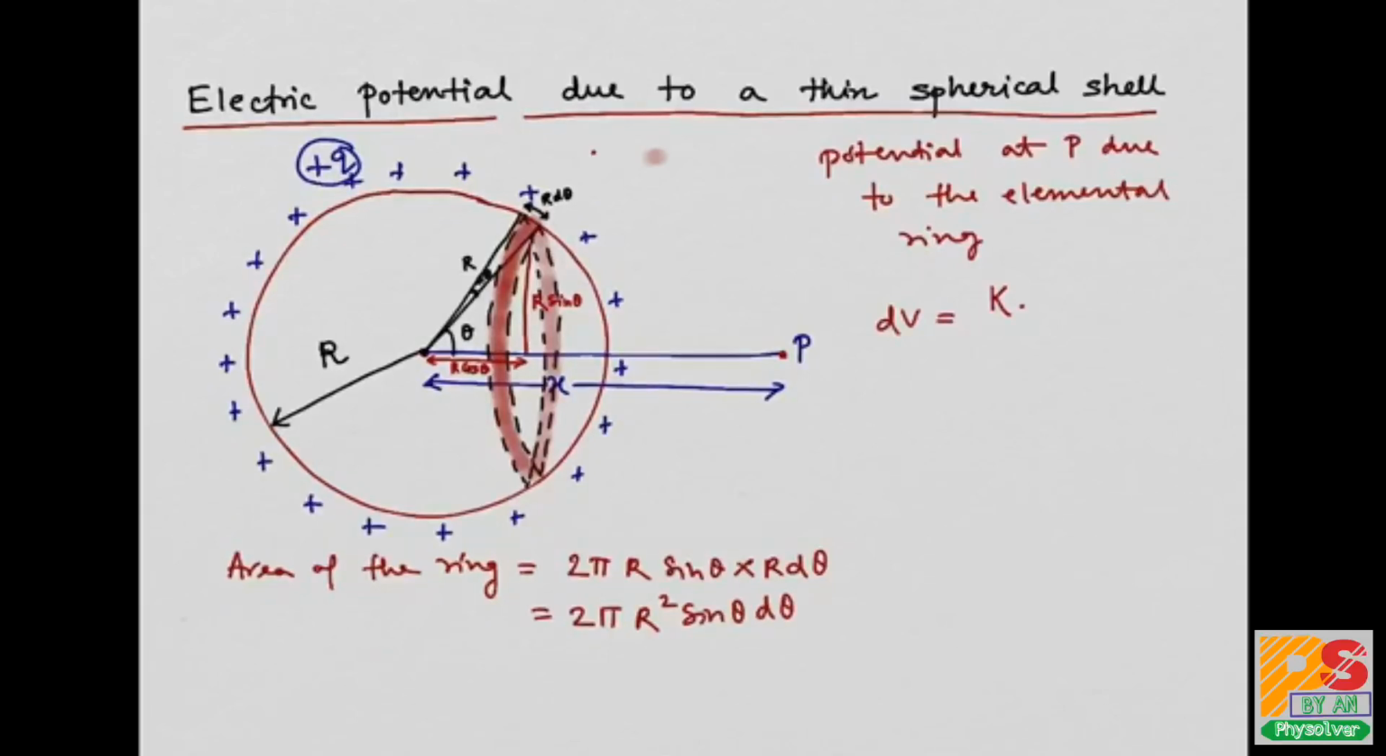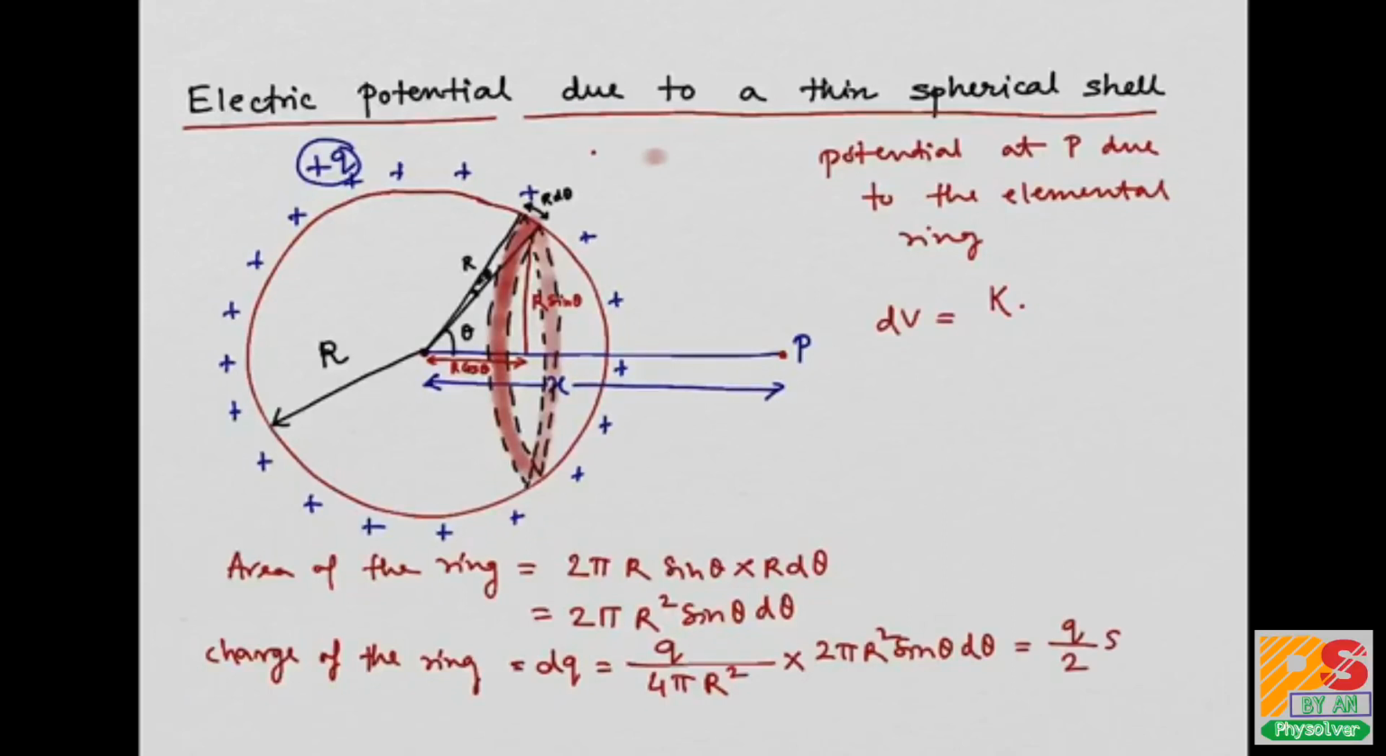And now for the charge on the ring, suppose dq, it will be charge per unit area into the area of the ring. The total charge on the shell is q divided by the total area of the shell, which is 4 pi r square, into the area of the ring, which is 2 pi r square sine theta d theta. Therefore dq is nothing but q by 2 sine theta d theta. Therefore dv is k into